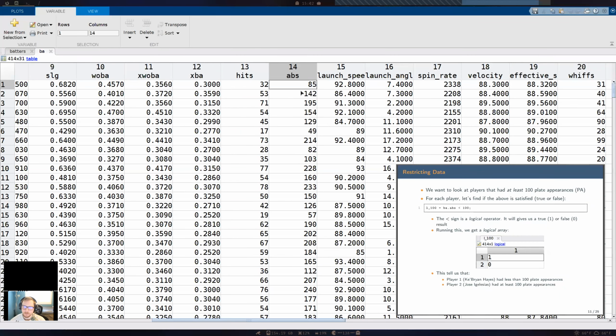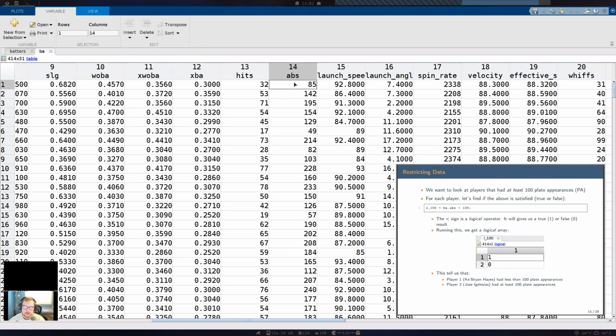Okay. So we'll look here, and this first player, he's going to be gone. We want him to be gone. Oh yeah, this is just one season. I think this is from 2020, so it's a shortened season, so that's why some of these people have really high batting averages.